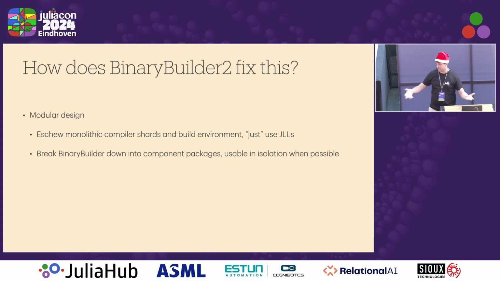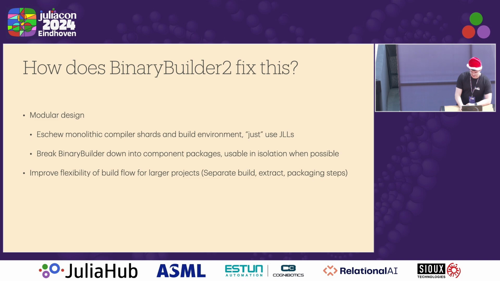So if you want to get a C++ toolchain on your local machine targeting some other machine, you can just ask for it, and it'll download a JLL, it'll jit out some bash scripts for you, and boom, you can just use it. We're also reworking the internals of BinaryBuilder to use these primitives that allow you to have a build flow. Say, build something, extract some pieces, wrap that up into a JLL, extract different pieces, wrap that up into a different JLL, etc. So things like the Clang build process, the CUDA build process should be greatly streamlined.